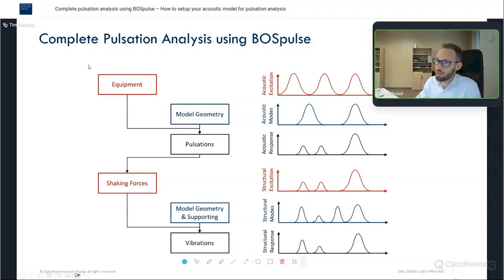So for the flow analysis, you're going to have some kind of equipment, typically a positive displacement equipment like a reciprocating pump or compressor. And that's going to introduce acoustic excitations into your system. And that equipment is attached to some model geometry. So your piping, maybe you have some heat exchanger, some knockout drums, you name it. And those together